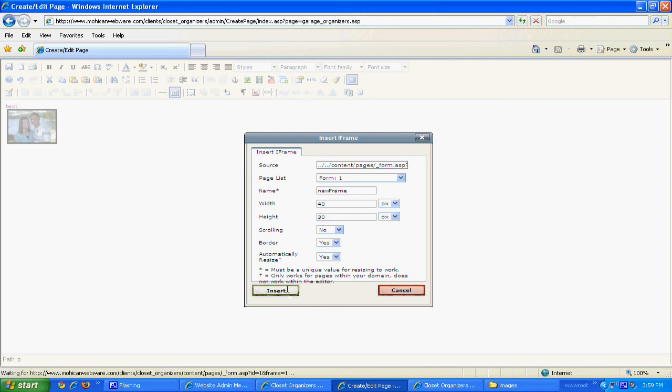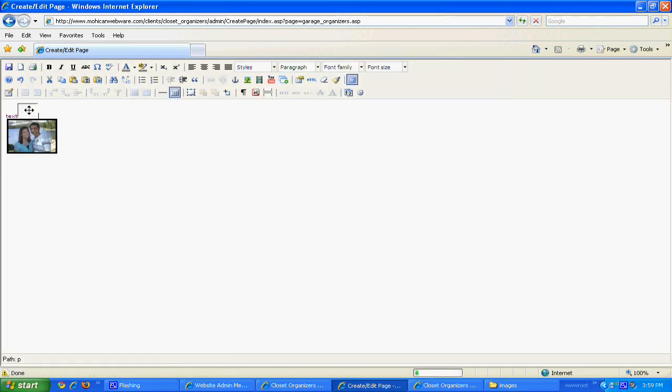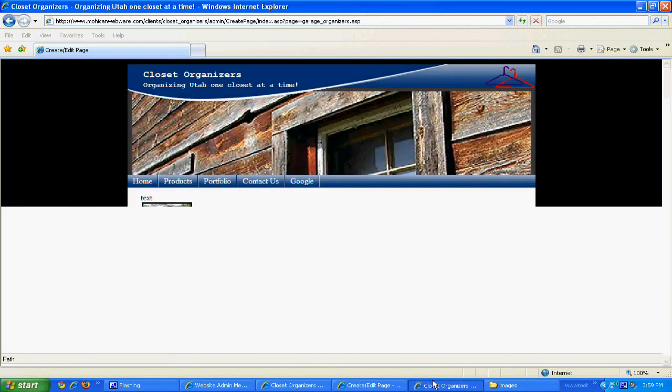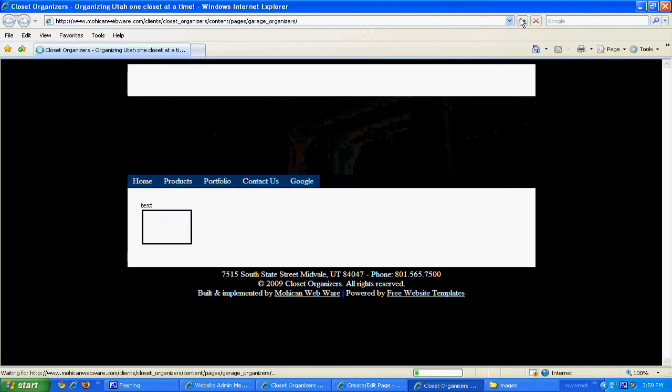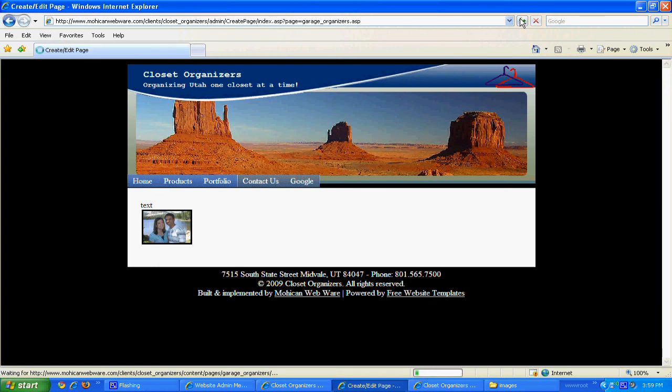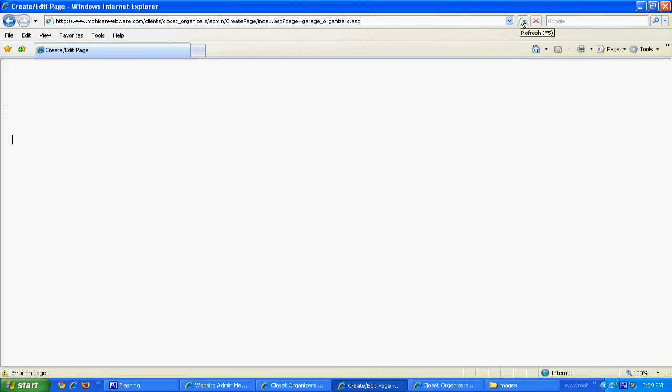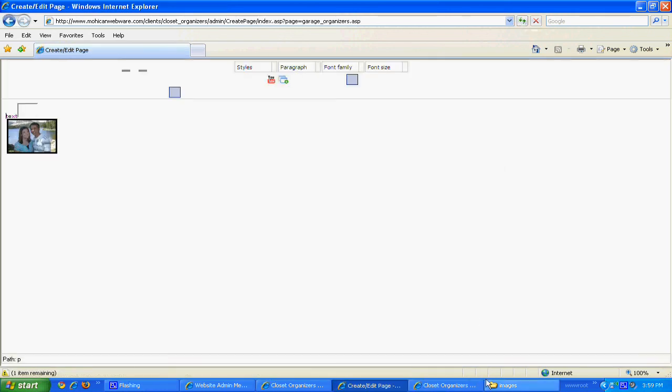So let me show you an example of how this would work. Let's do a 40 by 30, so it's ridiculously small. Now, see how teeny tiny that is? And you can't even see anything in it. Let's hit save. And you don't see it do anything here. It won't do anything. That's for editing purposes. But then when we refresh over here,